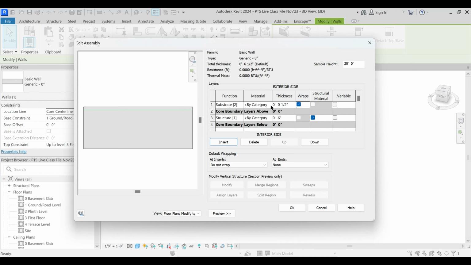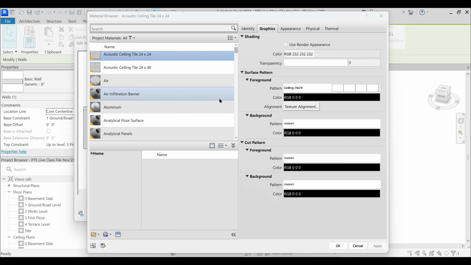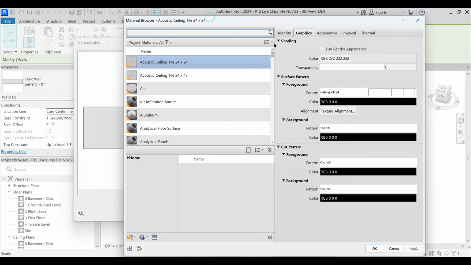And I am going to apply a material to it. Now you are going to discover something new. Whenever I click this particular box, it opens up this dialog box which reads Material Browser. Under this, you have various materials that are predefined by Revit. This has a detailed section, which is the 9th topic.